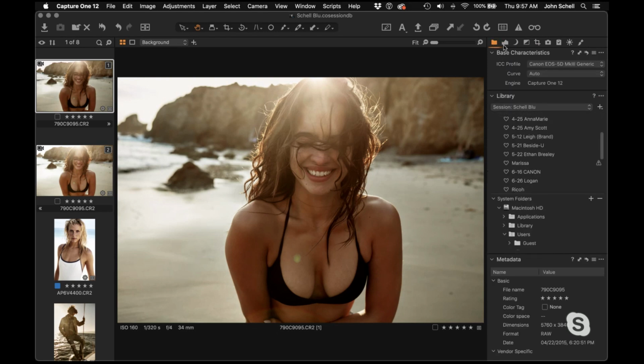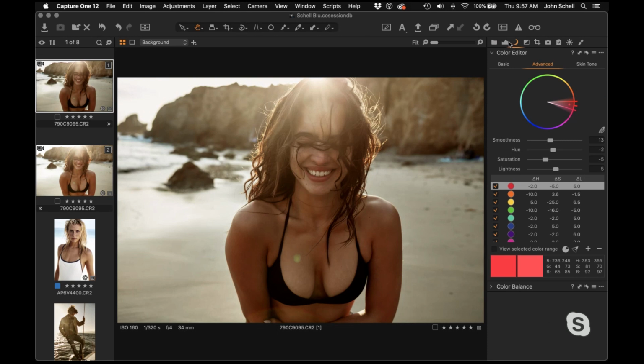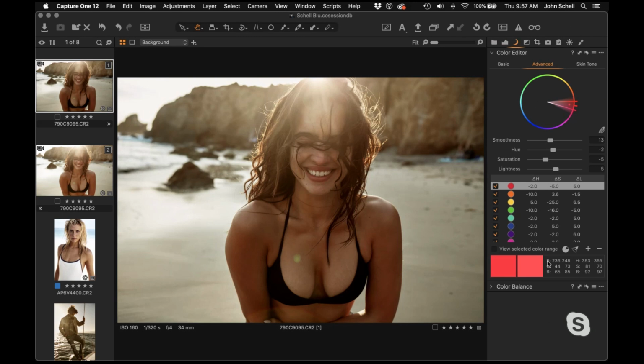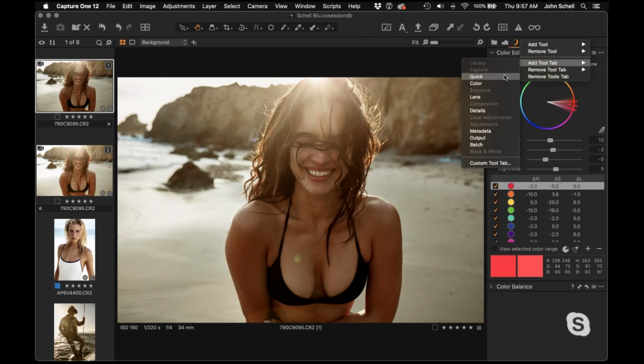I have my folders. Basically, when I do a fresh reinstall of Capture One, or I'm redoing the workspace, I'll zero out everything and build it back up from the tools that I use the most per panel. So to answer your question, it's my color editor, color balance tools. And basically you can add a tool tab,